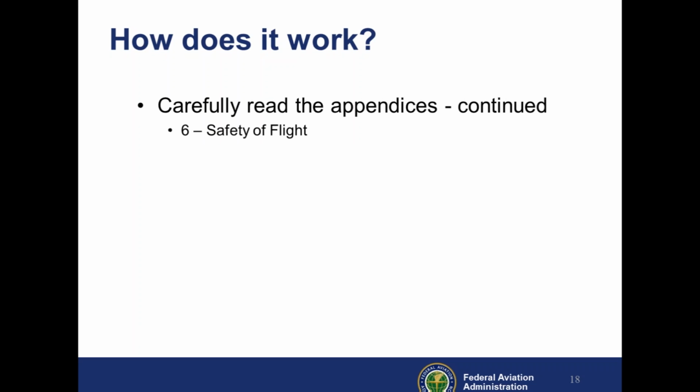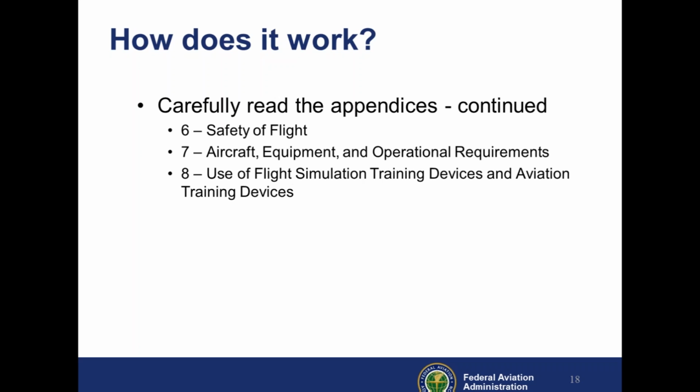It's things such as minimum altitude during maneuvers and that sort of thing. 7 explains what aircraft and equipment you have to provide during the practical test. And then 8 is use of flight simulation training devices. And then wrapping up